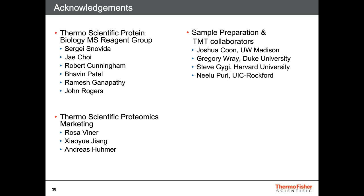Basically, this format is going to be a 96-well format, so it'll have either 80 vials of TMT 10-plex or 96 vials of the TMT 6-plex. And there'll be individual vials that are screw-capped and in a stable packaging format, and that'll allow you to label only 25 micrograms of sample. So we've scaled down the labeling reactions, and therefore you aren't wasting as much TMT,